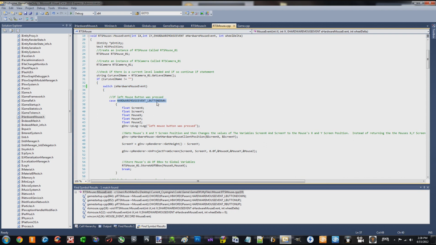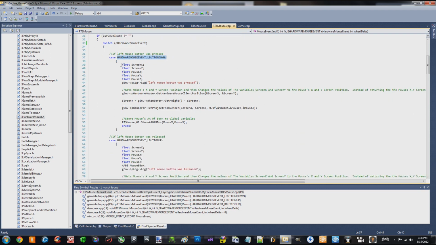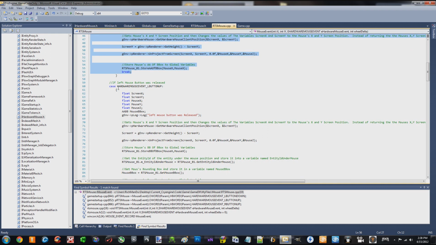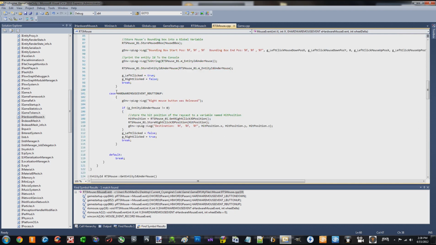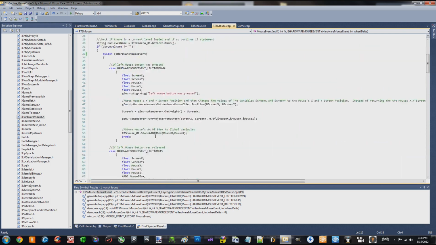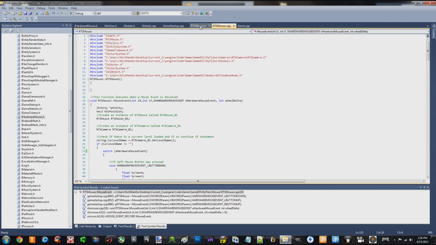And then I check: was it the left mouse button that was pressed? Yeah, do it. Was the left mouse button up? No, so don't do it. Was the right button up that was pressed? No, don't do it. So that's what that is. That's how you get your input to be detected and then run a function based on that input. So now that we have basic input detection by doing what you saw there,